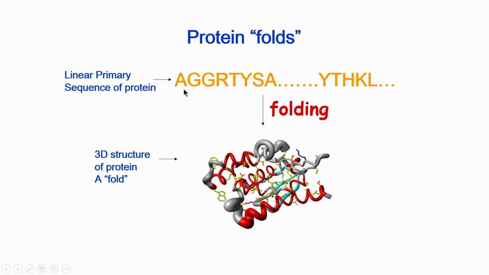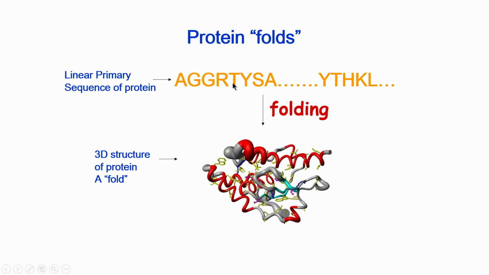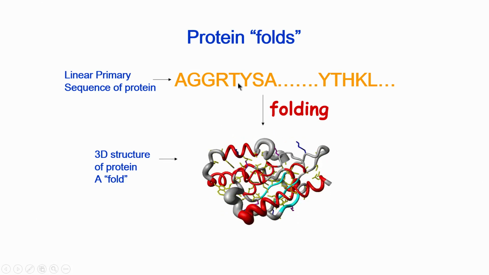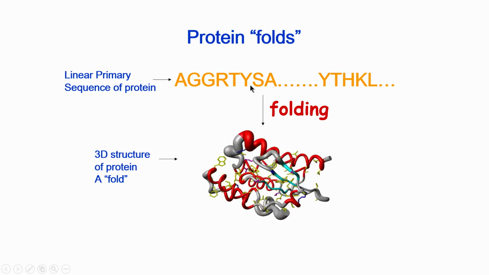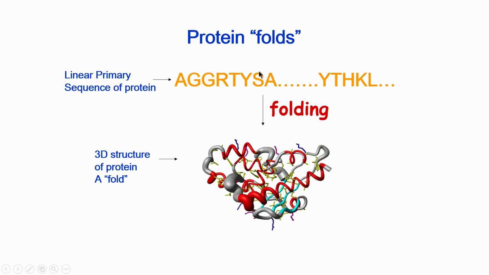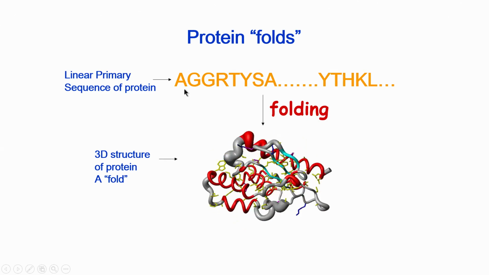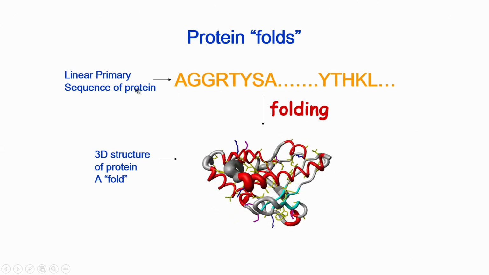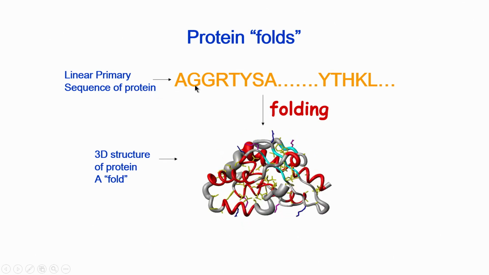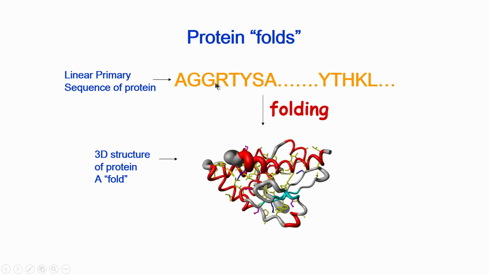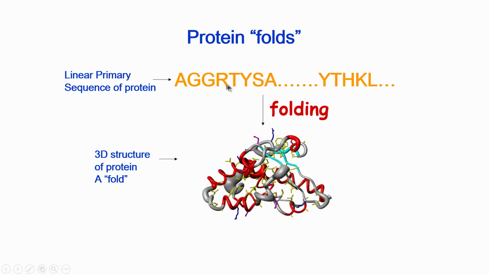because when we go down the line, when we look at protein assignments, we will be referring mainly to the single letter codes. So, if I say immediately RTY, one should be able to recollect that this stands for arginine, threonine, tyrosine. So, each amino acid therefore has a single letter code. So, now you can look at this sequence of a protein. This is called the primary sequence or primary structure of a protein. It consists of a linear sequence of amino acids, linear, there is no branching here.